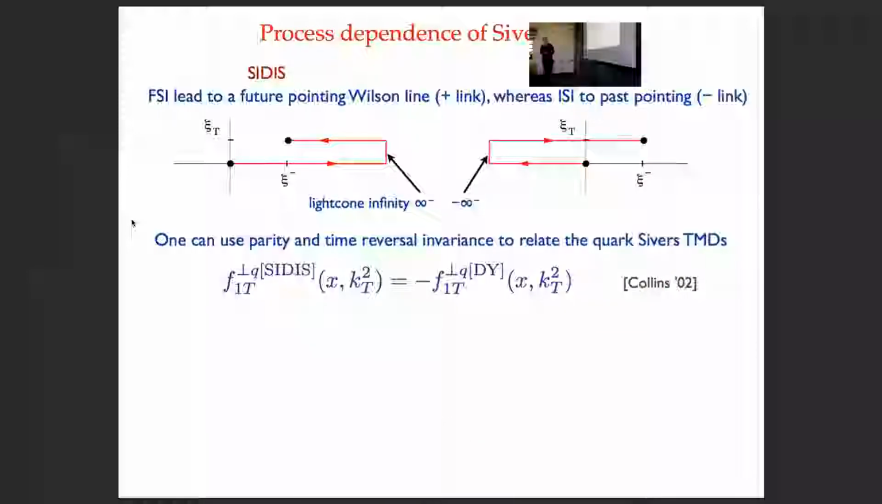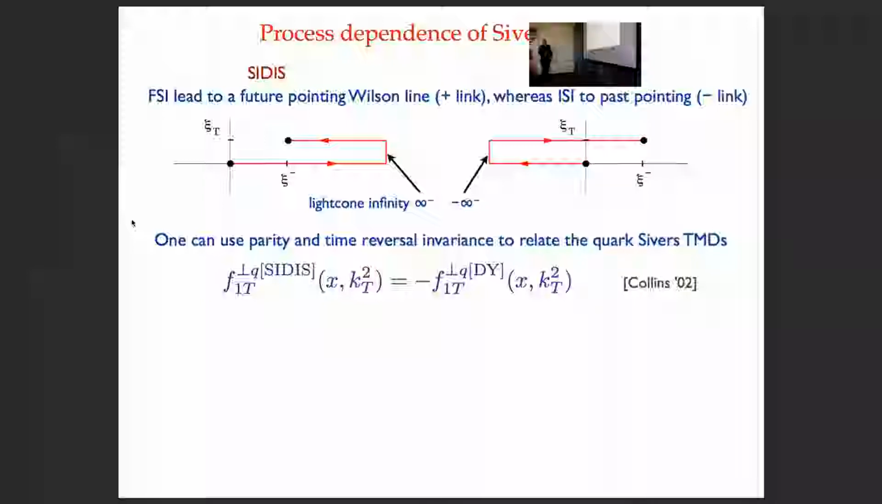So in the quark-Sivers case, if you look in semi-inclusive DIS, you get what's called a plus link. You've probably heard it 100 times by now. This goes along the light cone to plus infinity, and then in the transverse direction, and then back. And in Drell-Yan, you would have the past-pointing Wilson line, and you can relate those by parity and time reversal transformations, such that the quark-Sivers in semi-inclusive DIS has the opposite sign as the one in Drell-Yan. I think there's an important insight with John Collins that actually the gauge links have observable